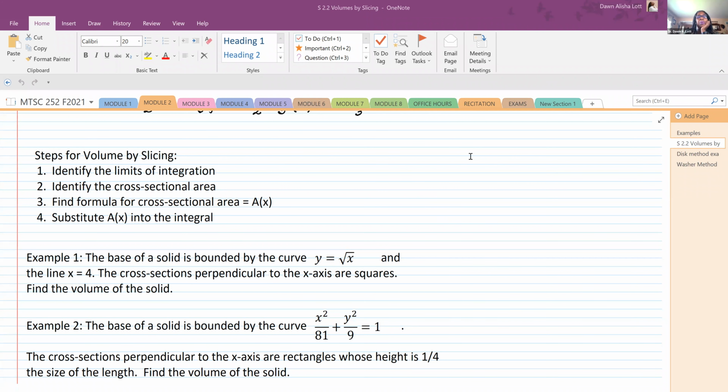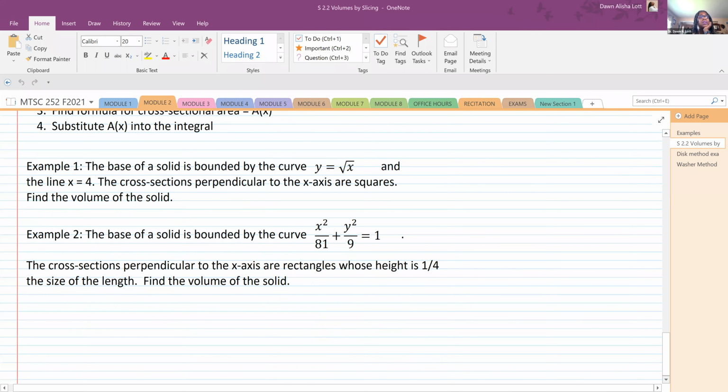So in this section, we've been looking at volume by slicing, and that gives us the opportunity to look at, let's say, a loaf of bread, slice it into small pieces and stack the areas up against each other to get a volume. So the two problems that we're going to finish for volume by slicing are as follows. Here is the first one,